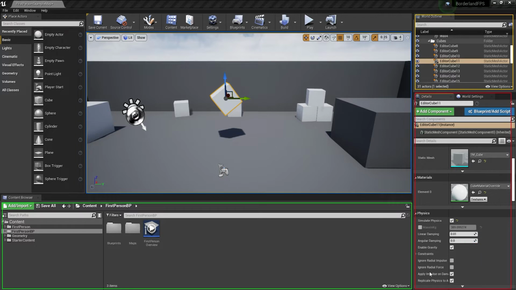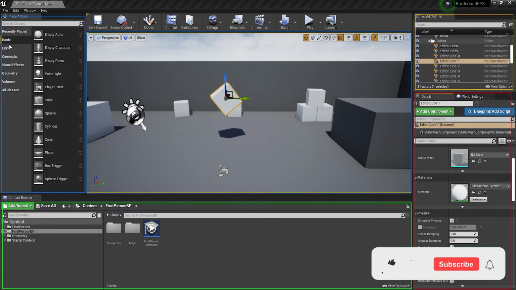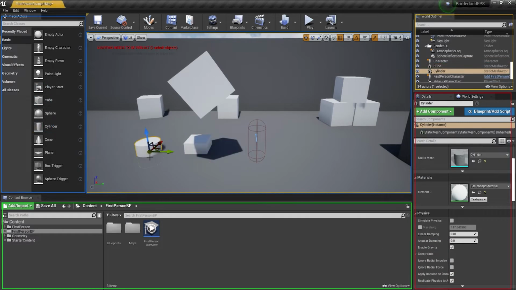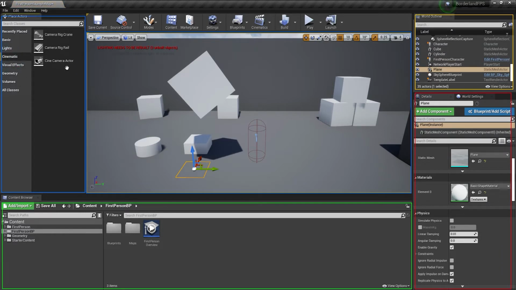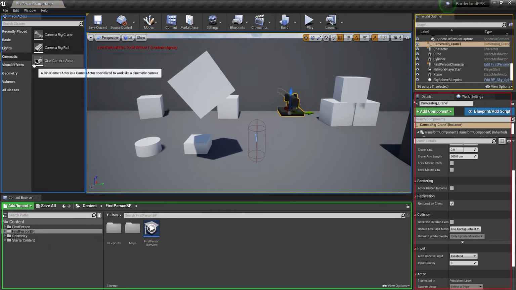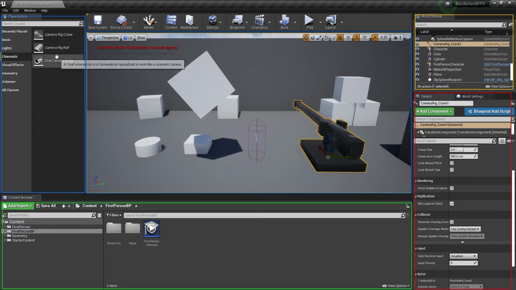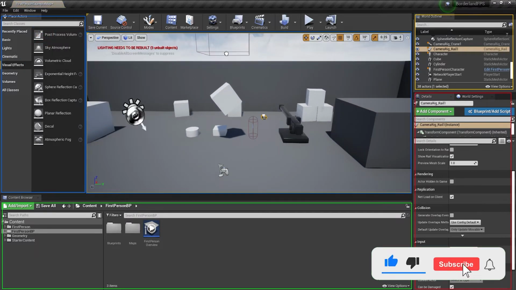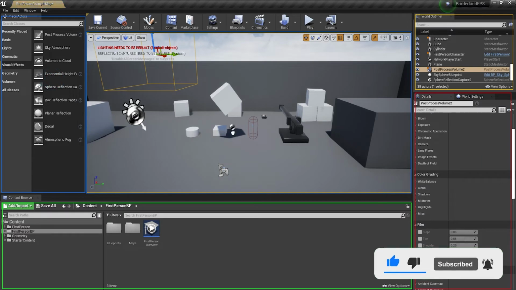Next, these are actors. All the objects which we deal with in Unreal Engine are called actors, and actors are basically, you can see, just a character. You can also create a cube, cylinder, plane. Similarly, you can select cameras of different types. You can also create visual effects, which will be seen in later lectures.